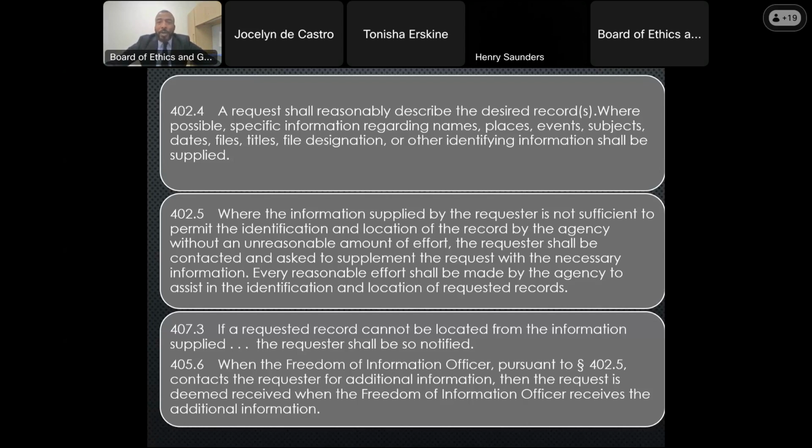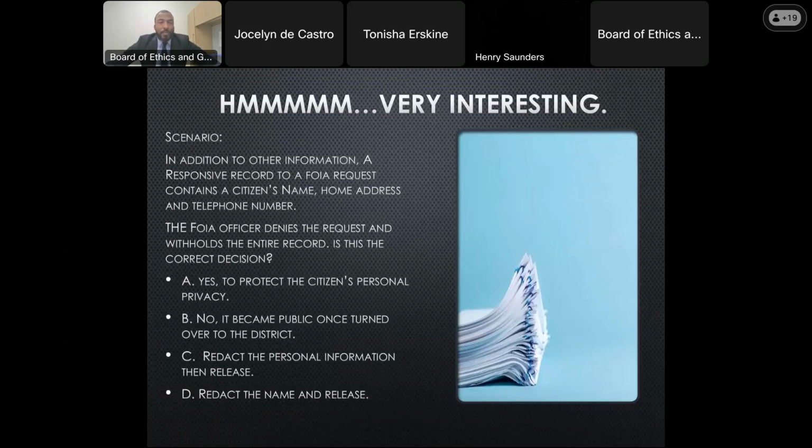And when the Freedom of Information Officer, pursuant to Section 402.5, contacts the requester for additional information, then the request is deemed received when the Freedom of Information Officer receives the additional information. And another scenario. In addition to other information, a responsive record to a FOIA request contains a citizen's name, home address, and telephone number.